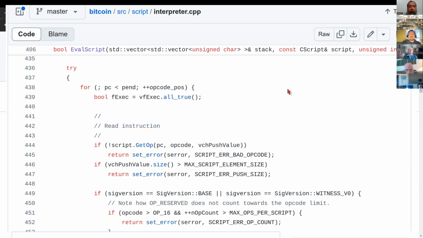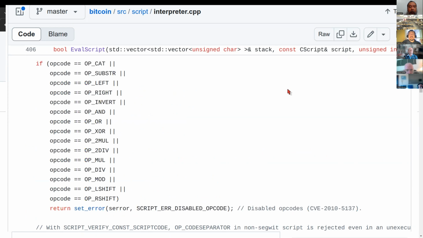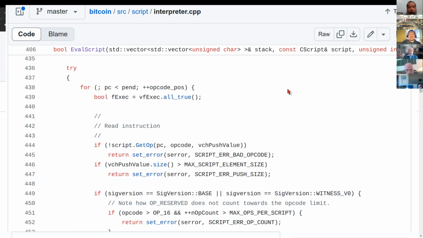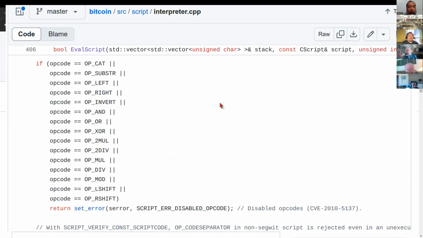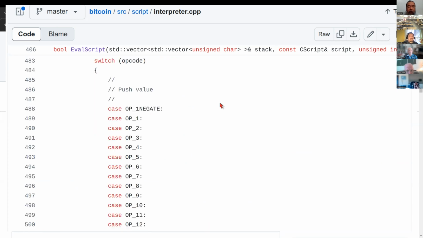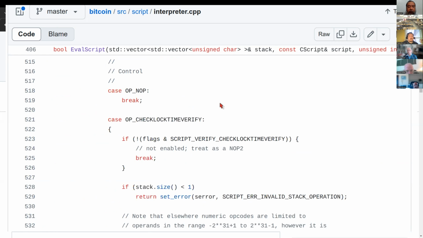And you can see that this is where the EvalScript function begins. And you can see that's how it is, it goes through all the opcodes and executes the opcodes, right? So if you are working on anything similar to C or C++, right, then you would find this quite familiar. Okay, so these are all still in EvalScript,